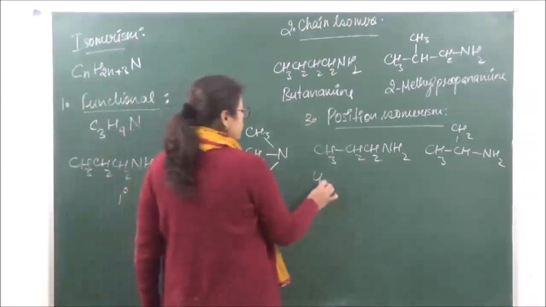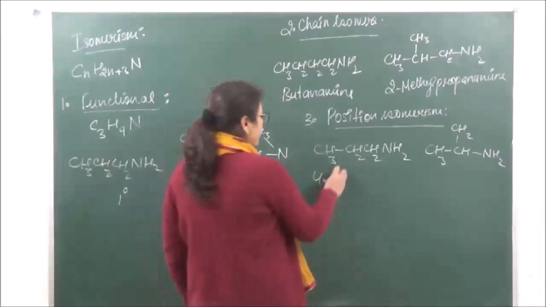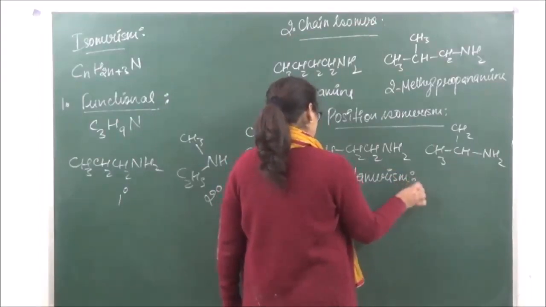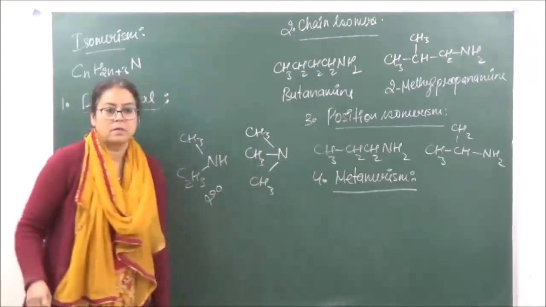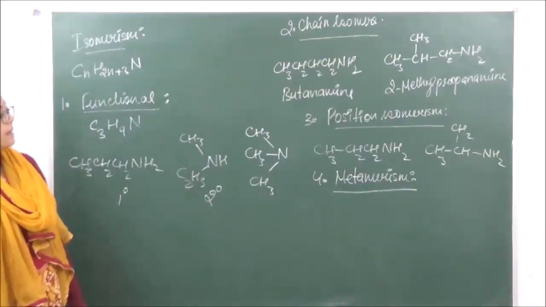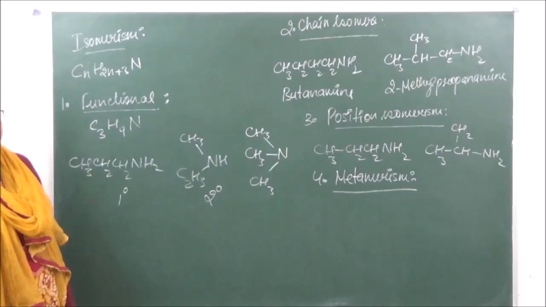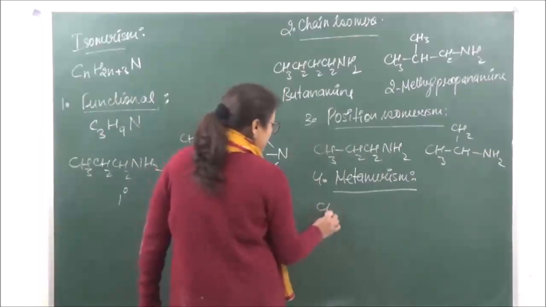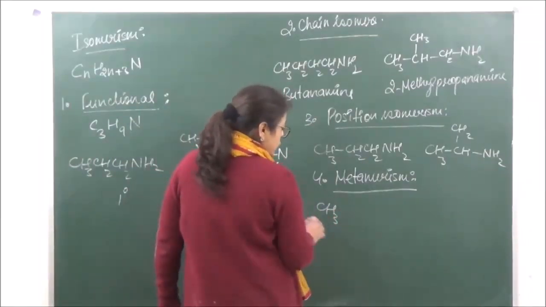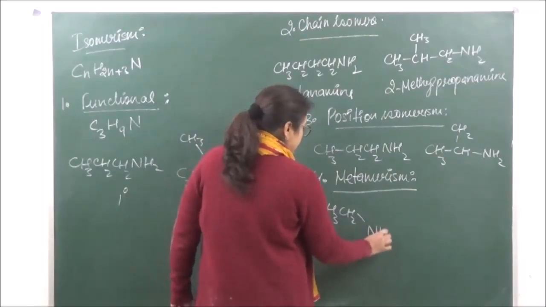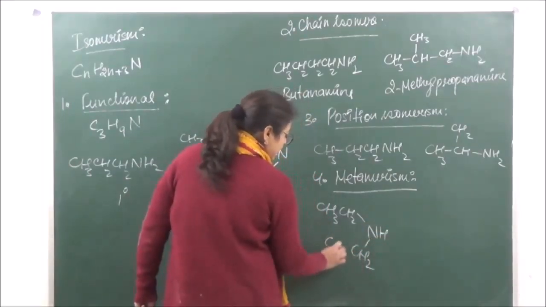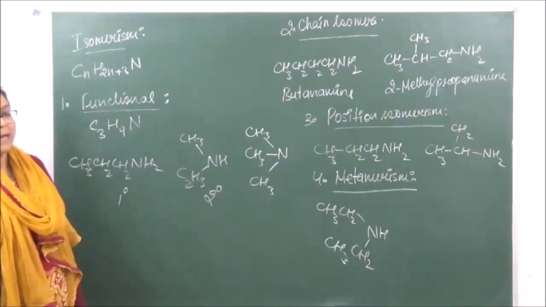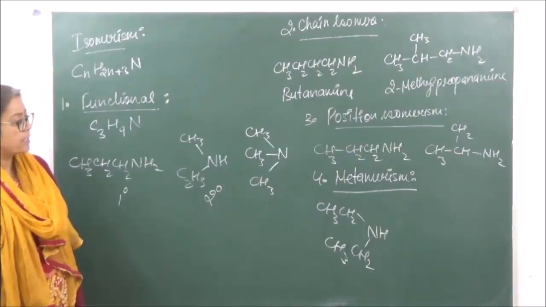Then the fourth type of isomerism which it shows is metamerism. Now what is metamerism? It is when the number of carbon atoms on both sides of the nitrogen is different, right? Different alkyl groups are attached. So if we have one of the type CH3CH2 NH CH2CH3, what is this known as? This is going to be ethylethanamine, because both the groups attached are ethyl groups.